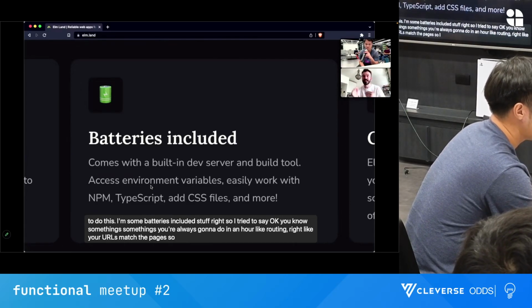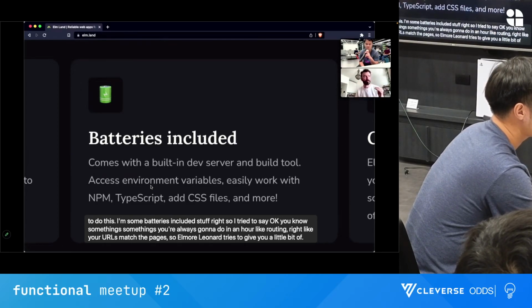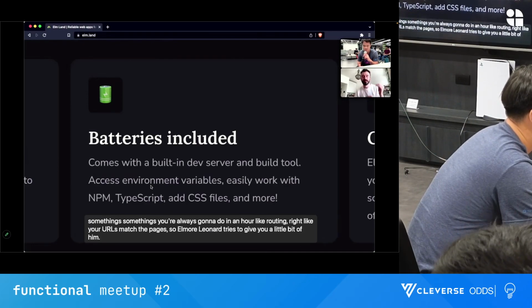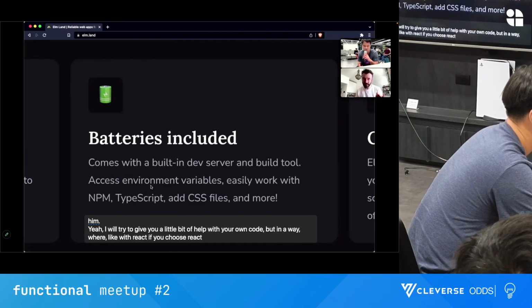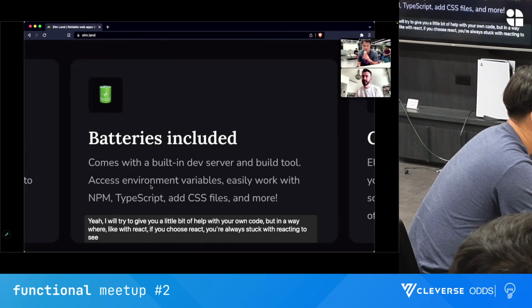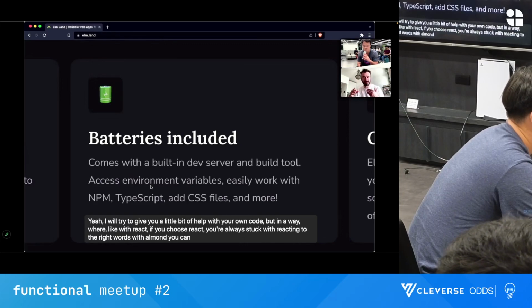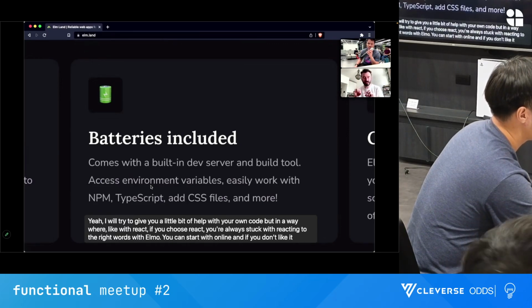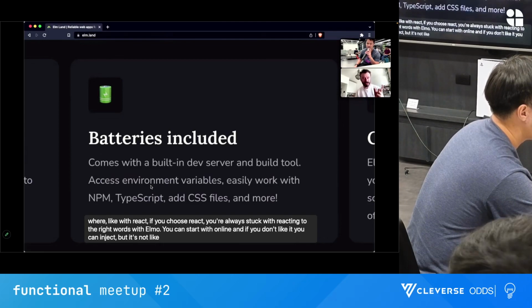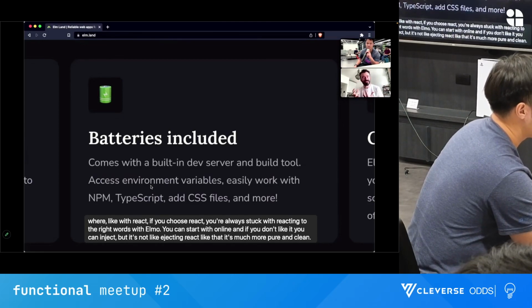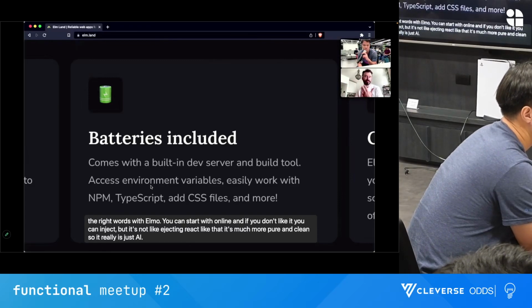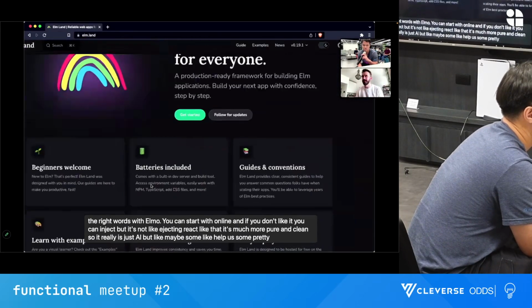So Elm Land tries to give you a little bit of help with your Elm code, but in a way where, with React, if you choose React, you're always stuck with React unless you rewrite. Whereas with Elm Land, you can start with Elm Land, and if you don't like it, you can eject, but it's not like ejecting React. It's much more pure and clean. So it really is just Elm, but maybe with some helpers, some pre-made stuff.